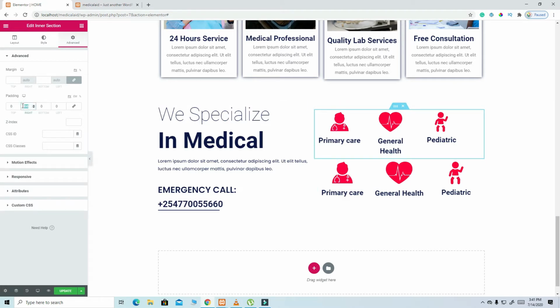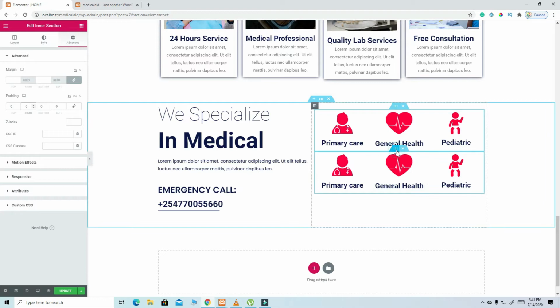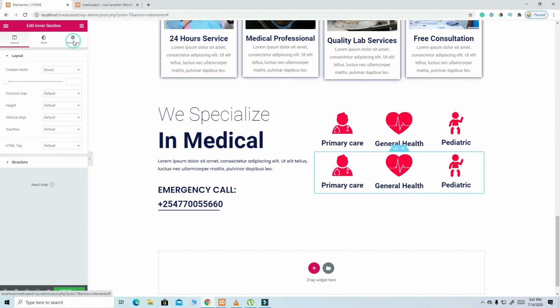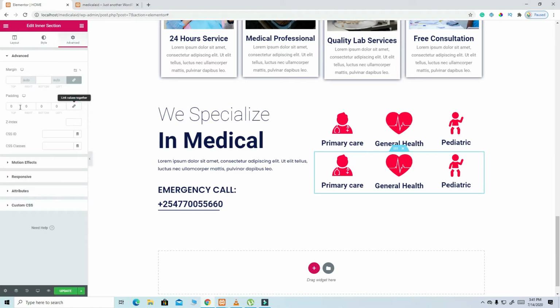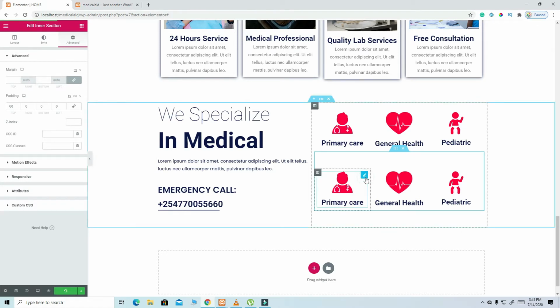Or even let me just move that one. Then on top of this one is where I'm supposed to put the padding, so I'll click here and link it on top, let's say 60, like this. Then I'll update. So we are going to edit this one,